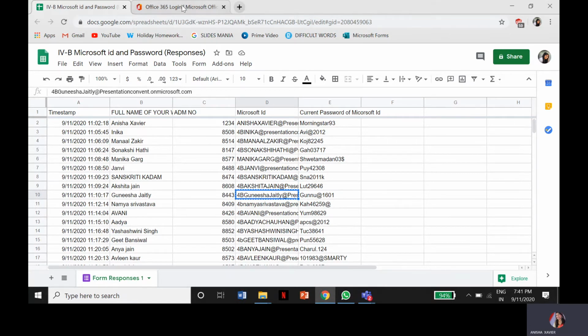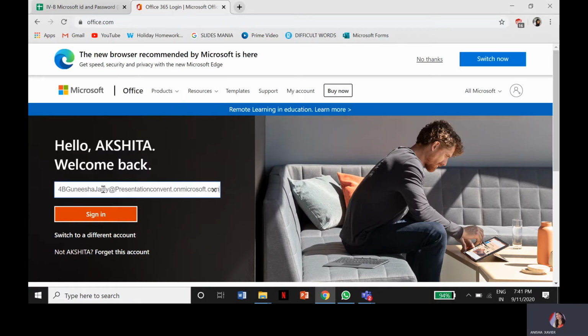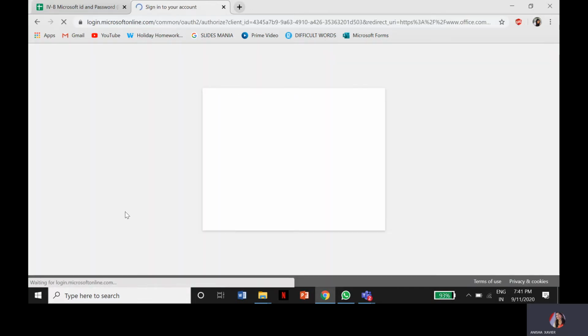Then you go on to the tab of MS Office, click here, and press Control plus V. In this way the ID has been pasted, and you can check it for Gunisha Jaitley at presentation convent.onmicrosoft.com, and you click on sign in.